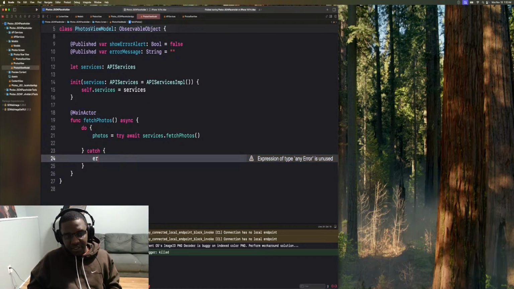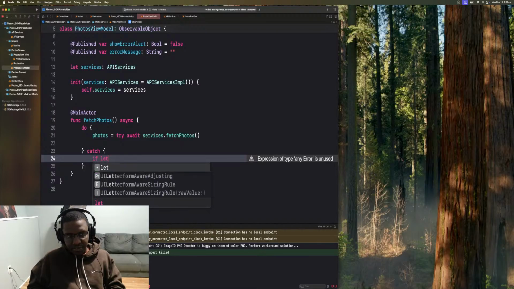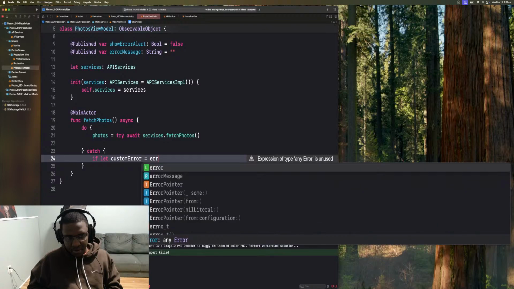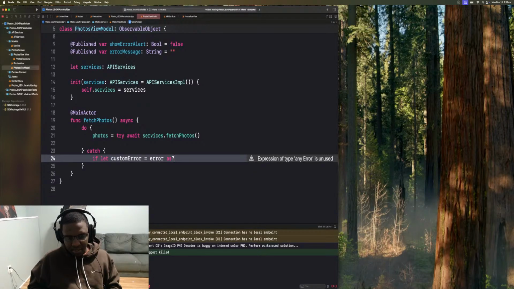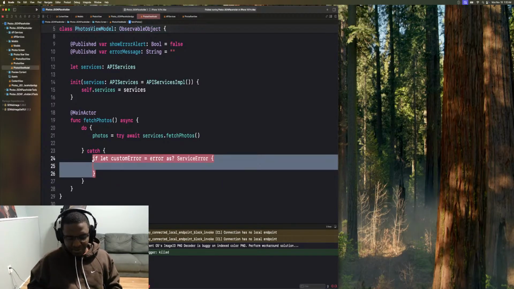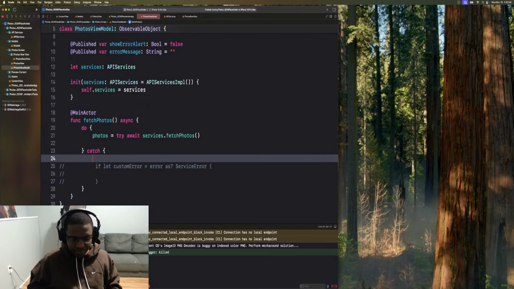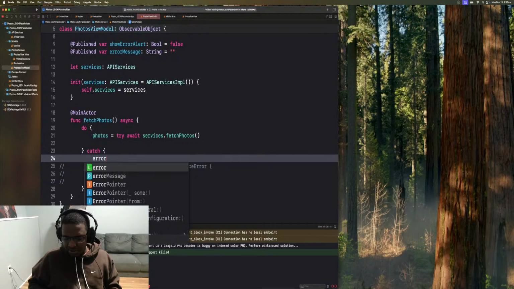But the thing is, this is not the type that I want. It's not my type. It's an Error type. So I need to cast this Error to our type, our custom error. So error as, casting it to our ServiceError. Actually, before we do this, what we're gonna do instead is just say errorMessage